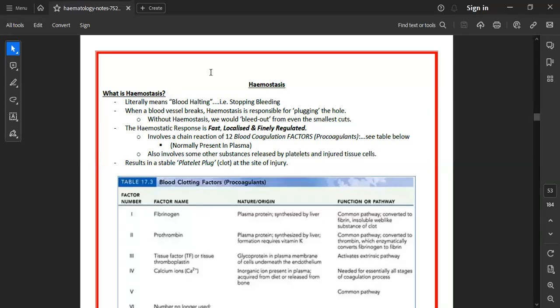You guys can see my screen? Yeah, we can see. Okay, so